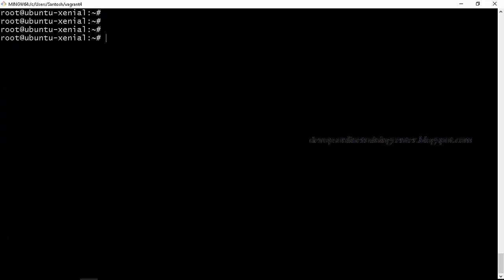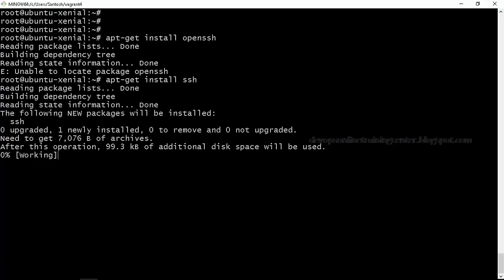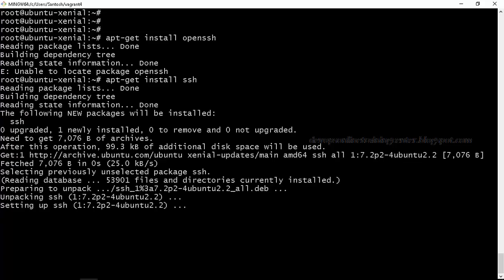Okay, so something like apt-get install, let us say OpenSSH, there is no such package. Let us say SSH. If there is only one package, it will directly install. See, the SSH package is installed.